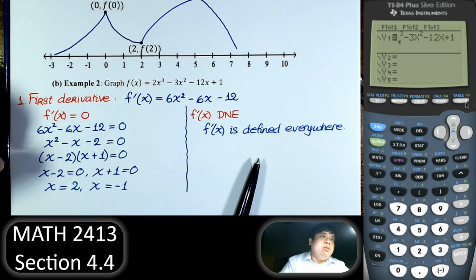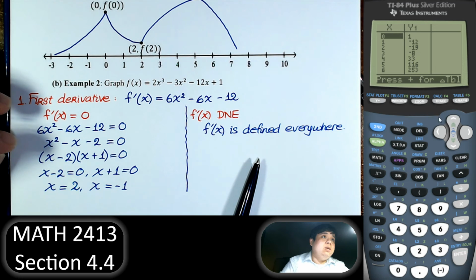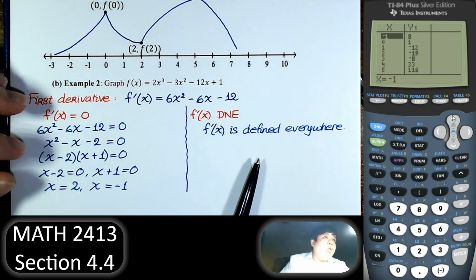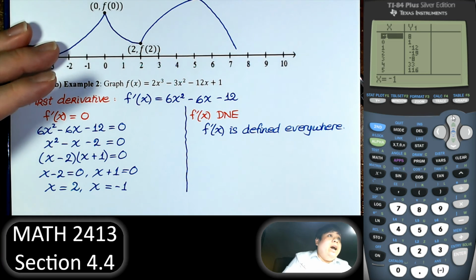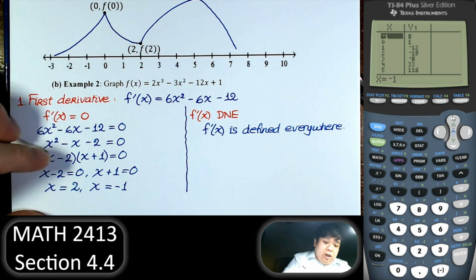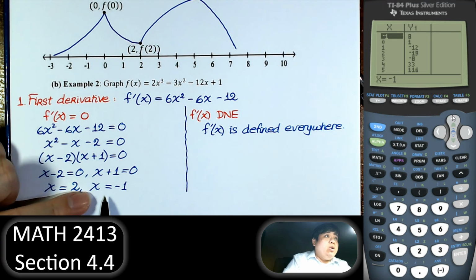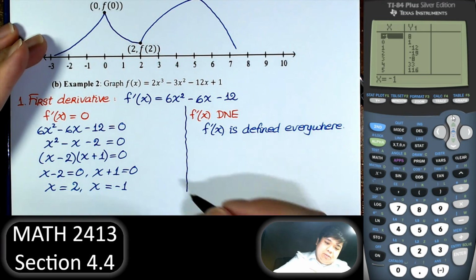Let's go to the table. Right, x equal to 2 gives negative 19, and for x equal to negative 1, y equal to 8. So we have